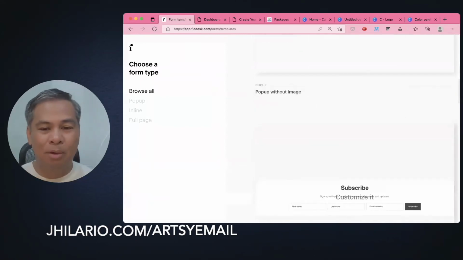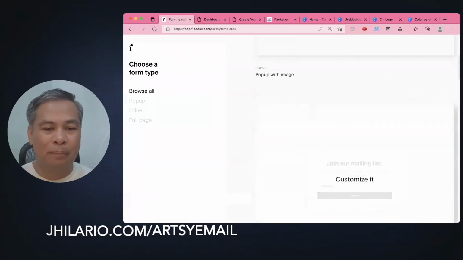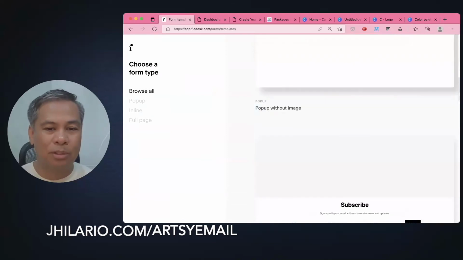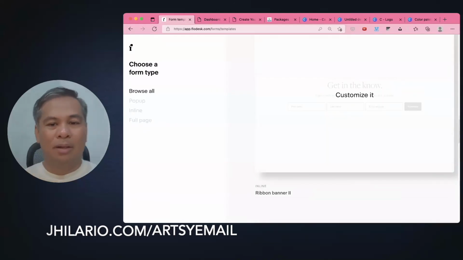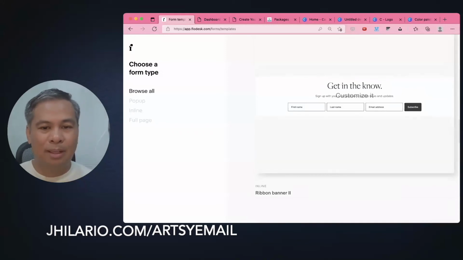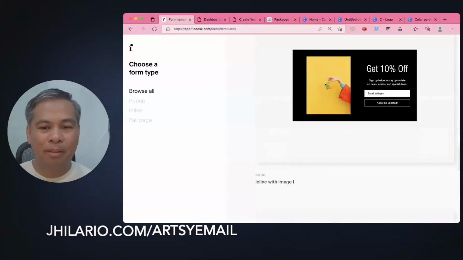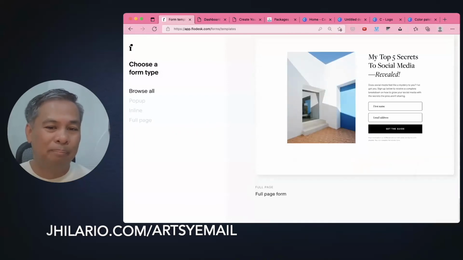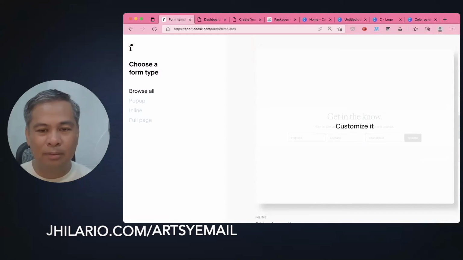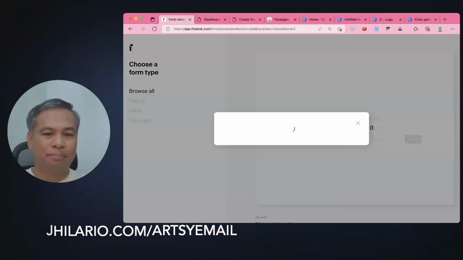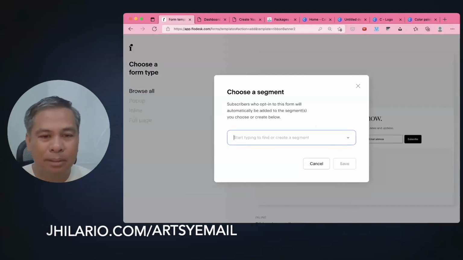Tapos kung ayaw mong gumawa ng picture, ito pop-up siya. Walang picture. So, ang dali, di ba? Ito pa isa. Pop-up siya, walang picture. I will select this, ha? Ayoko kasing gumawa ng picture eh. Okay lang. Gagawa pa akong picture sa Canva eh. Kaya nyo nang gawin yan. So piliin ko to, yung ribbon, okay? And click it. This is still a pop-up, but